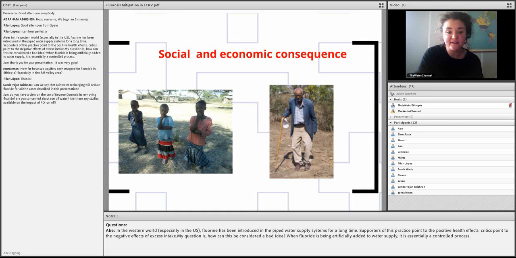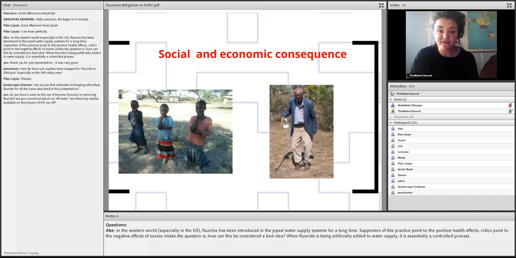These are the physical effects of dental and skeletal fluorosis. In particular, dental fluorosis you can really see in the teeth of the people living in this area, relying on water with high fluoride concentration. But also skeletal fluorosis. Skeletal fluorosis affects the development of the bones of people, and it can really lead to difficult mobility at an early age, and it can also cause neurological problems in the future.